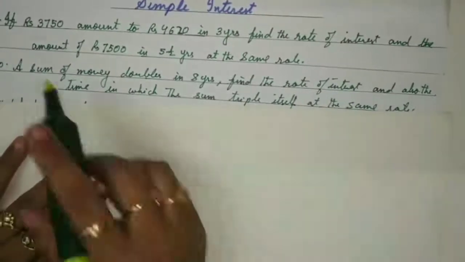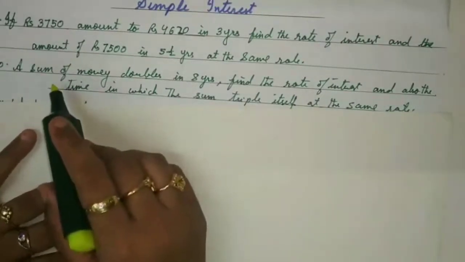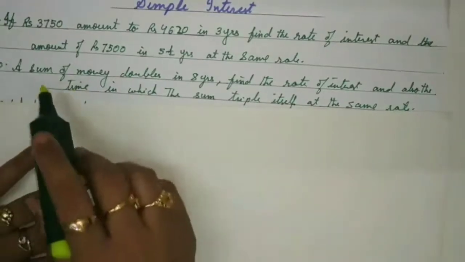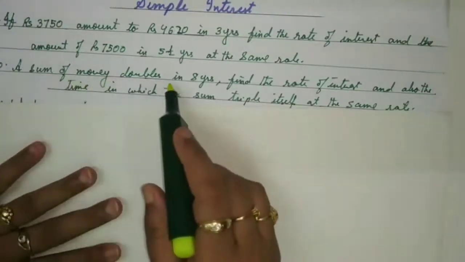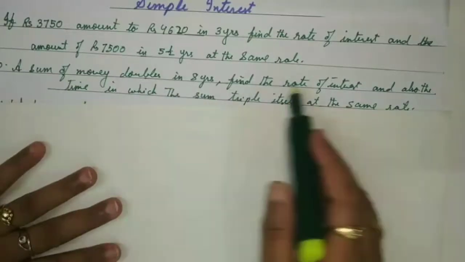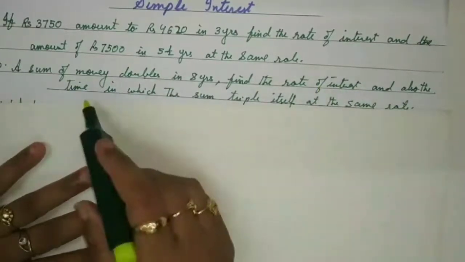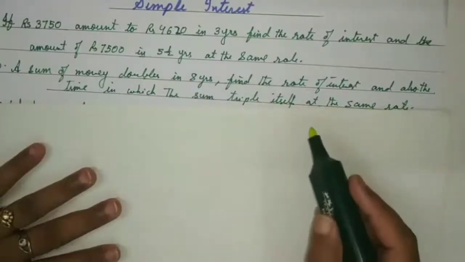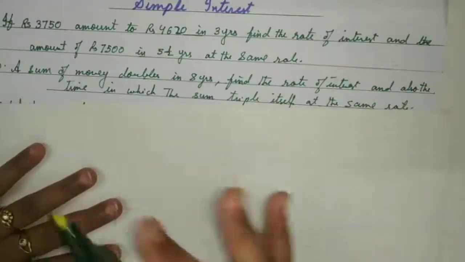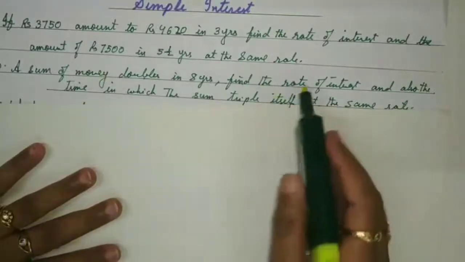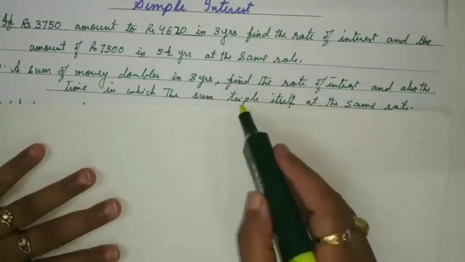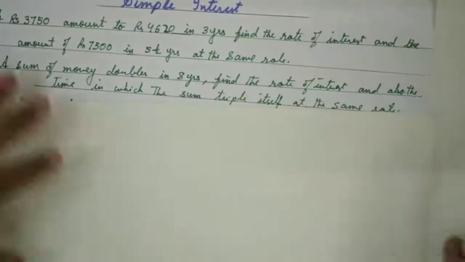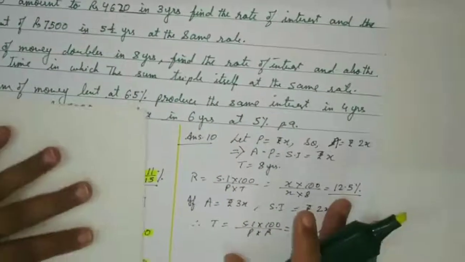And the question says, I told you that I will take up a question where SI doubles itself and triples itself. This is the one. The sum of money doubles in 8 years. Find the rate. Also the time in which the sum triples itself at the same rate. So these questions are of two parts. In the first part, we need to find out the rate. In the second part, we need to find out the time. So the question is solved out like this here,